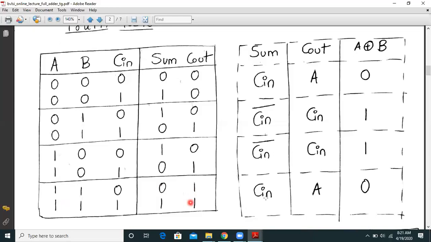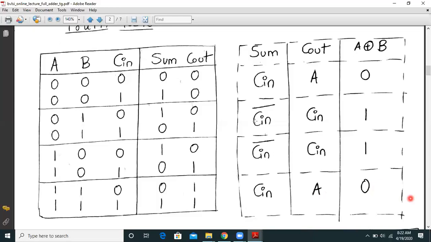So basically what we can write over here, sum is actually Cin, changing same as Cin, Cout is changing same as A or B, and what is my A XOR B? A XOR B is 0, because if A and B both are same, A XOR B will be 0. So this is how you derive this functional table for implementation using transmission gates.